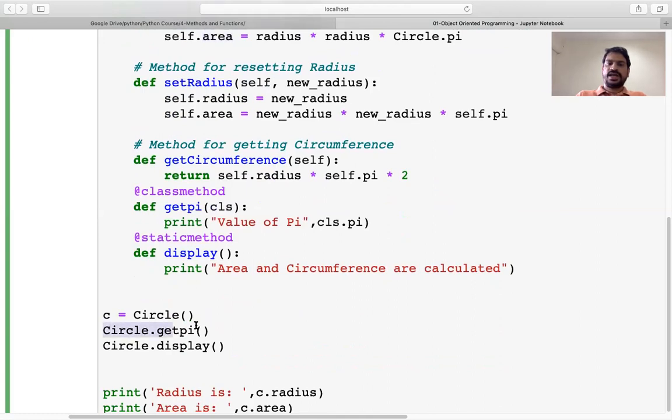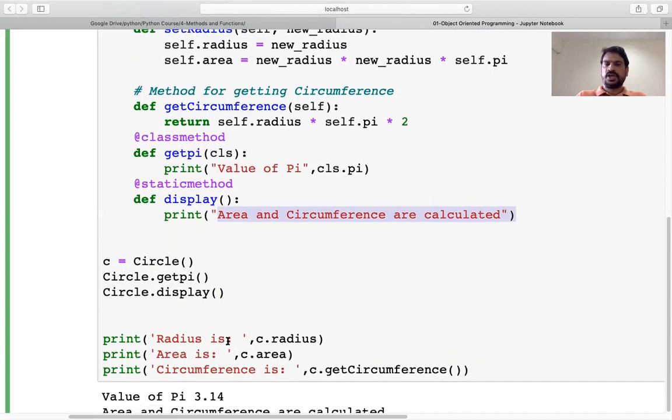Now circle.getPi will display the value of pi, and circle.display will display this particular message. Now if you want to print, c.radius will give me the radius value, c.area will give me the area value,